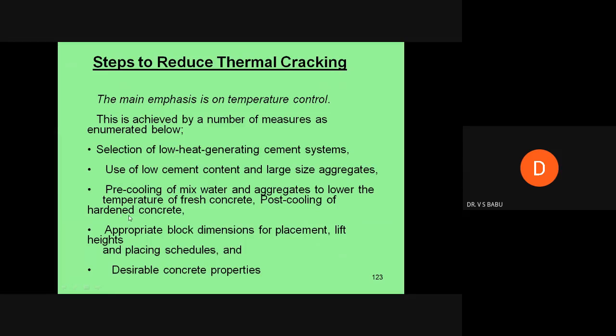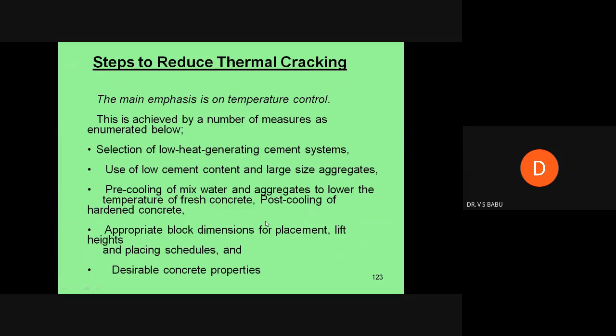If you go to Chennai and Hyderabad, the temperature is around 50 degrees. At that time, if you pour the concrete, surface cracks will develop. So what you will do, one thing is, instead of mixing water, you can use ice. Ice may be crushed into small pieces, and 186 liters of mixing water should be added in terms of the chilled water, ice flakes, and temperature of fresh concrete and post cooling of the hardened concrete.